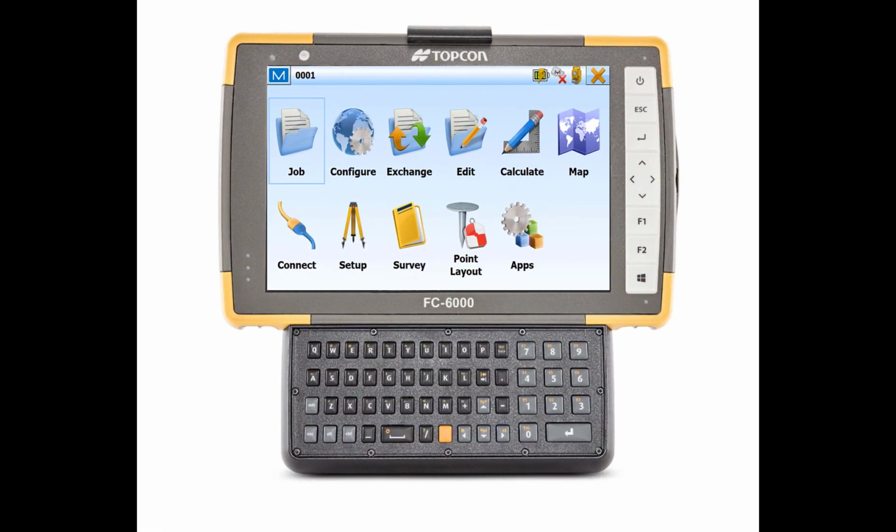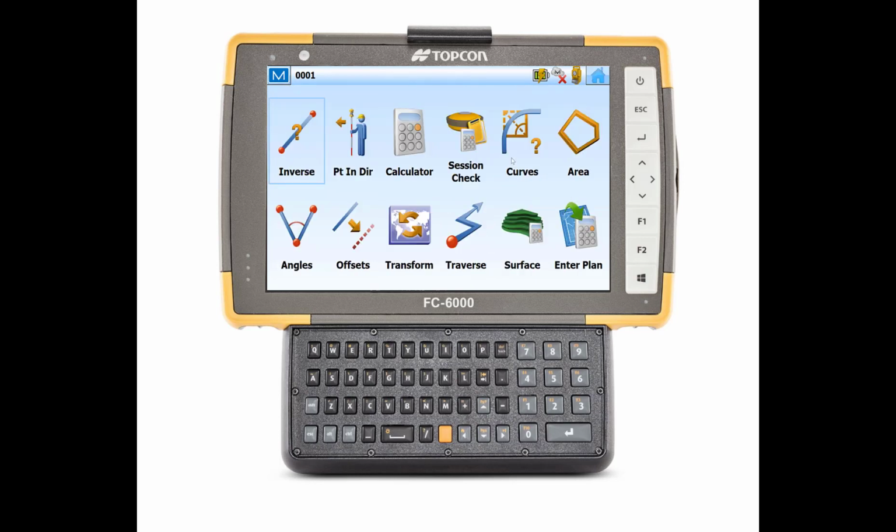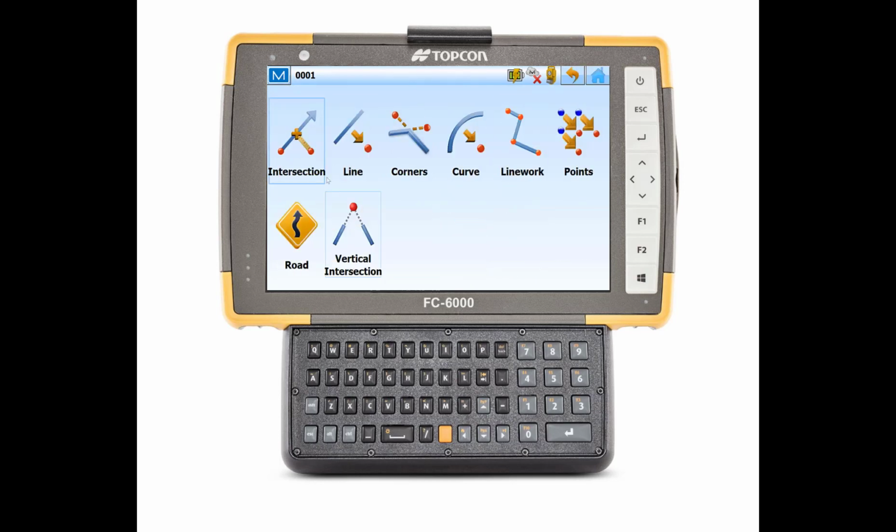Another nice feature of customizing the menu is being able to relocate menu icons. Let me show you one specifically. If you go to Calculate Offsets, this Intersection menu was moved somewhere in version 5, and this is kind of hard to locate. But it's also a very popular icon, so maybe we want to put this out on the